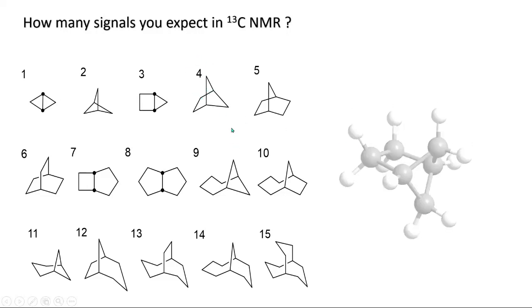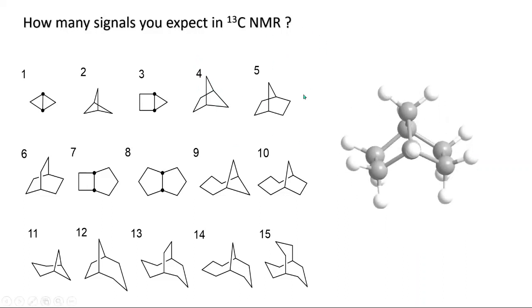Now come to the Norbornene. You call this the Norbornene system. If you see in this molecule there will be 2 planes of symmetry. One is bisecting this carbon like this. You can see here there is a plane of symmetry like this, and one is reflecting this carbon. There is a plane of symmetry like this, bisecting this carbon and reflecting these 2 carbons. There is a plane of symmetry also. So we will get 1, 2, 3 signals for the Norbornene system.